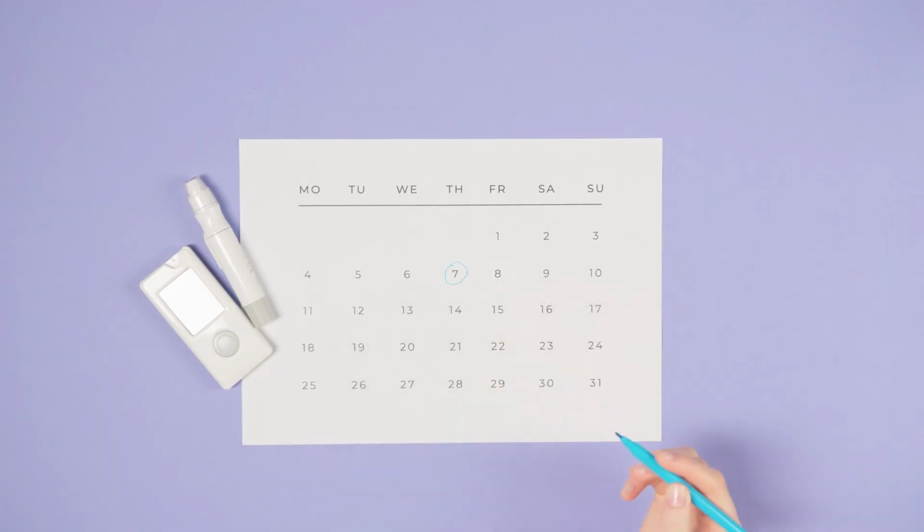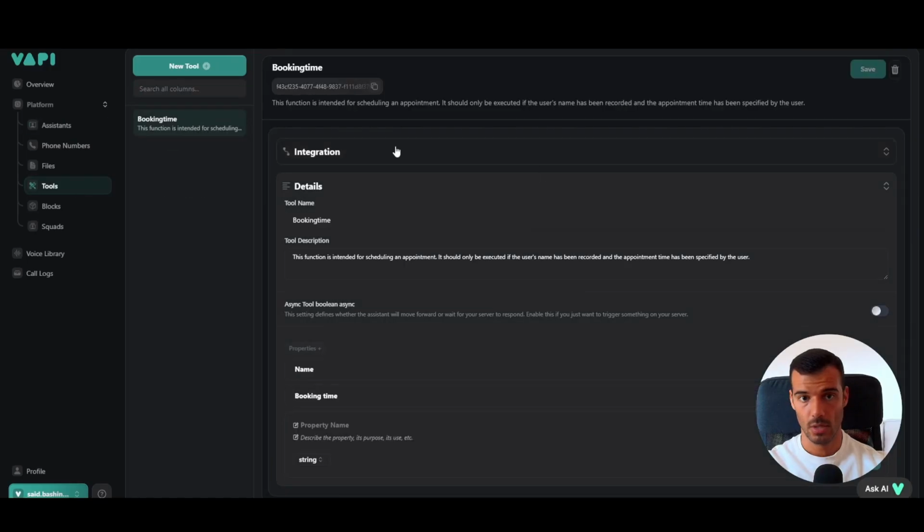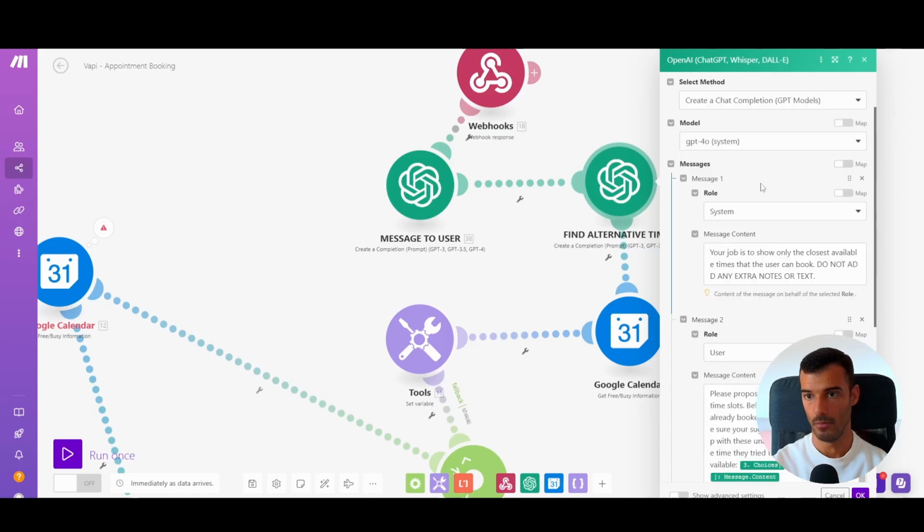Are you struggling with scheduling your meetings with your clients? Or perhaps you're sending emails back and forth just to find the time that you are both available? You don't need to do this manually anymore. You can simply create an AI agent that can book your appointment automatically into your Google Calendar and automate this